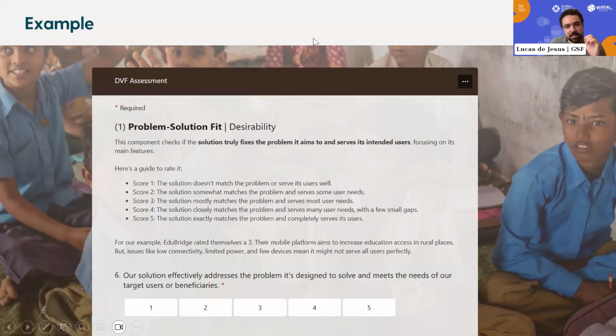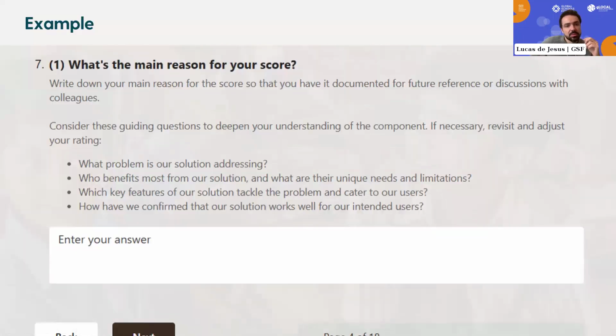because in the next slide, please, Habeeb, we also ask you to fill out an explanation about it. And the objective here is not to try to persuade another person that your organization is awesome, but rather to foster a self-reflection process while filling out the DVF assessment, where you can use this explanation as a benchmark to compare in the future or to share with your leadership group.